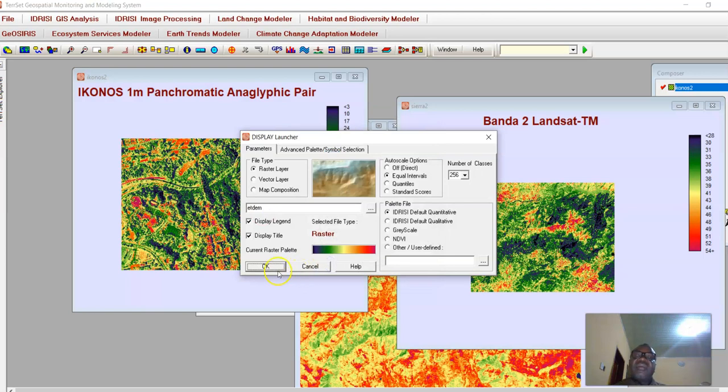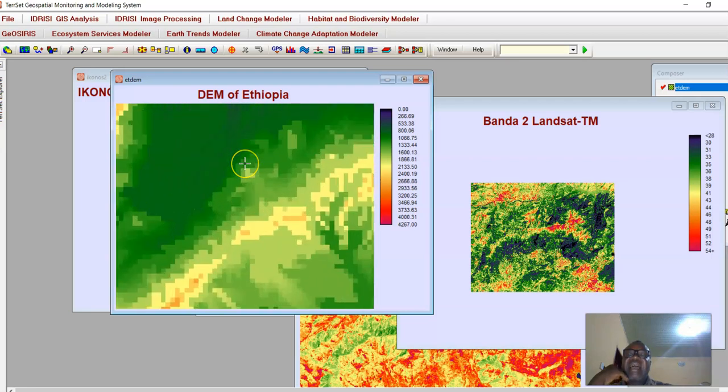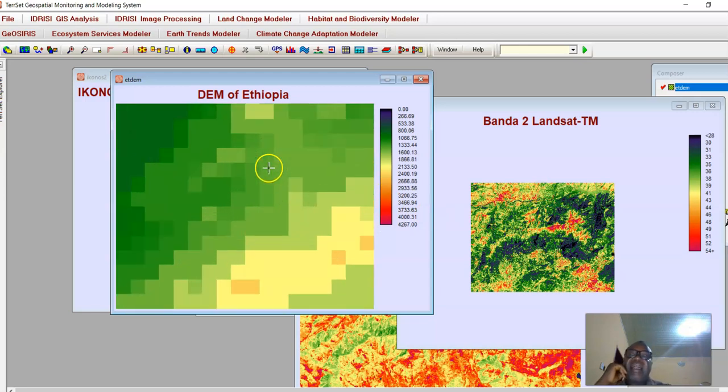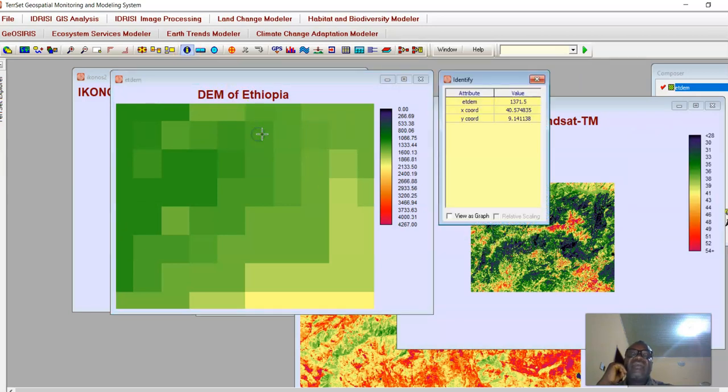And you can also launch something like what we call the Ethiopia digital elevation model. In this digital elevation model, the tonal value represents elevation, not the land use that we have here. If you zoom in, what we have here is elevation in terms of feet: 1320, 1219, and so on and so forth. And if you click here, it will give you the value. In Ethiopia, 1447, and you have here. So that is how you can use images typically in